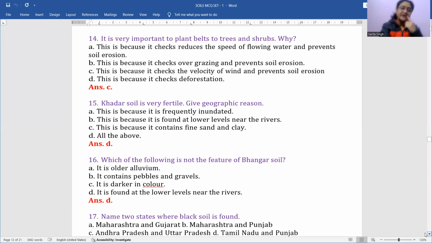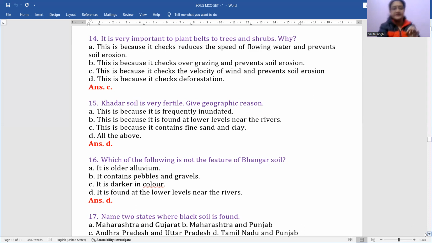Number one, देखो आप, क्या दिया हुआ है, this is because it is frequently inundated. Number two, this is because it is found at lower levels near the rivers, close to the flow of river. And number three is, this is because it contains fine sand and clay. D option है all the above. I think D option is going to be correct, because ये सारे यहाँ पर जो है factors work करते हैं,